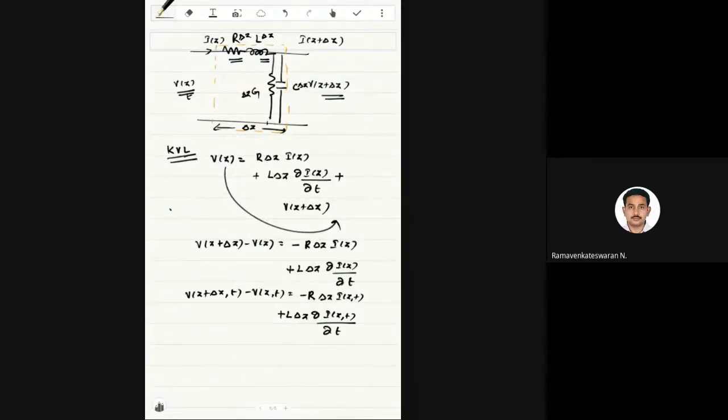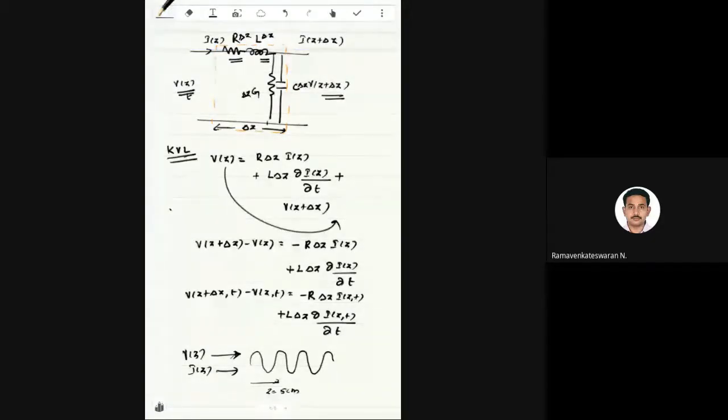So what does that mean? Here, V of Z or I of Z, right? Okay, thanks for asking questions, so it will be more interactive. So V of Z: if voltage is changing, how will it be after some distance? For example, at 5 centimeters, what is my voltage? Why do I have to see that it is also changing with distance?